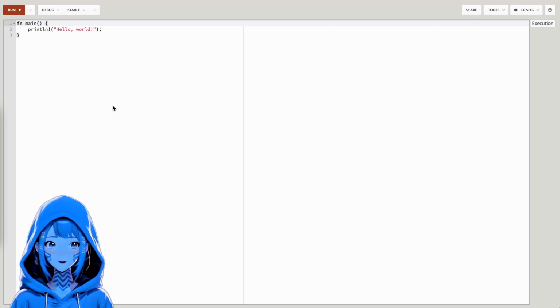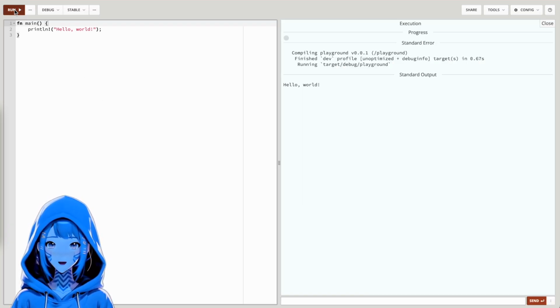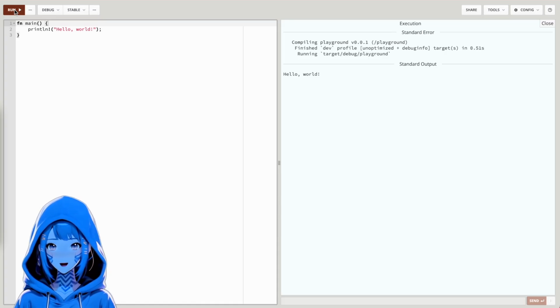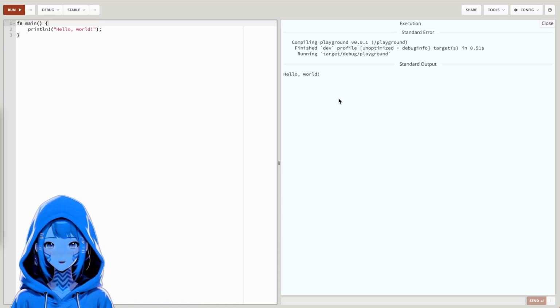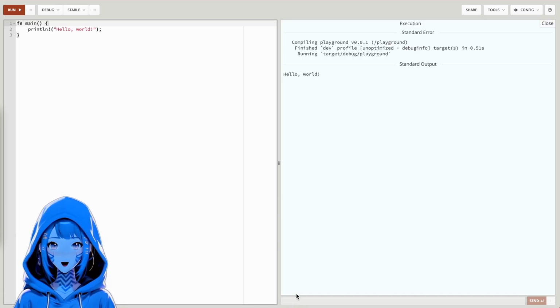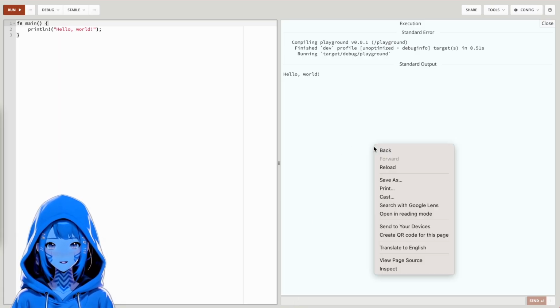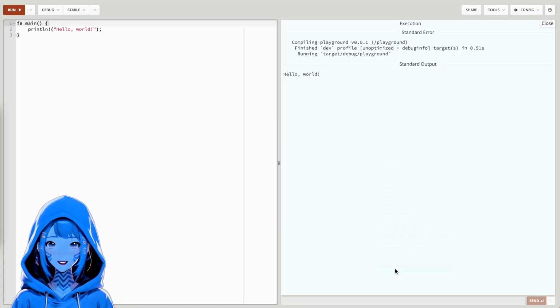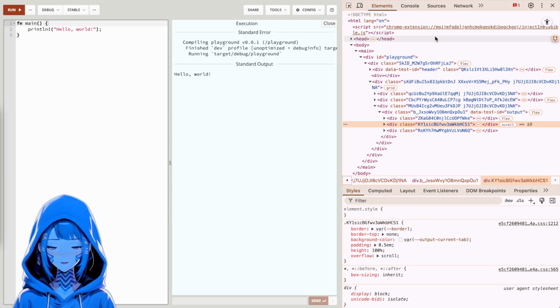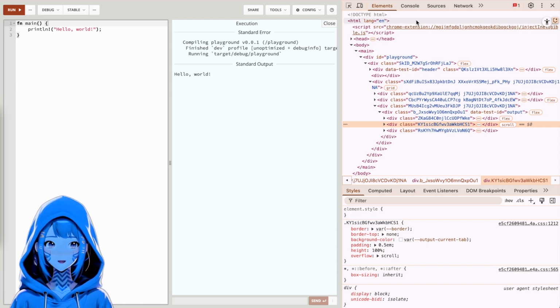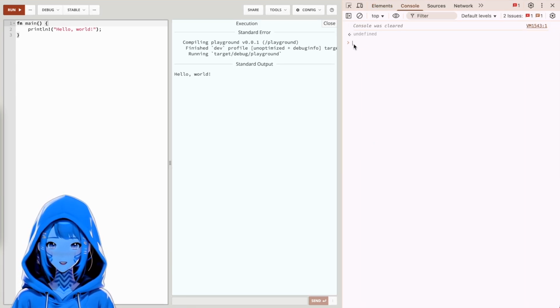Okay, so to run a program in Rust Playground, we press the Run button. This is a simple program that prints Hello World to the console: standard output, standard error, and standard input, which is down here in Rust Playground. These are pipes. If you're on desktop and you right-click, on Safari it's called Inspect. Click Inspect. Then we get in here, to the source code of this web page. If we navigate to console, we see the prompt here for standard input.